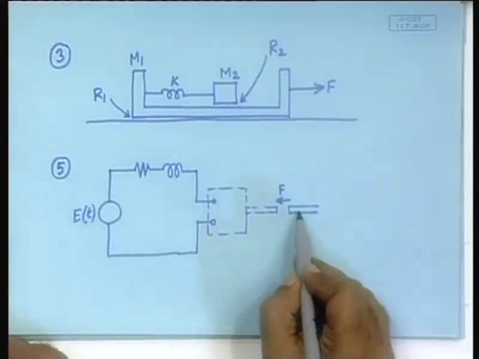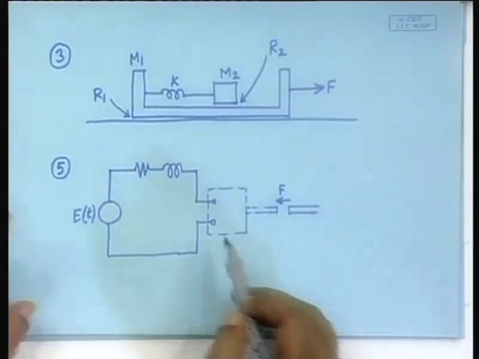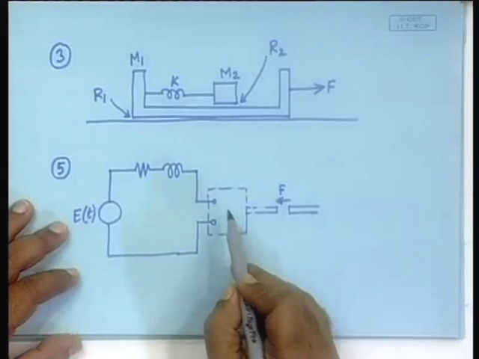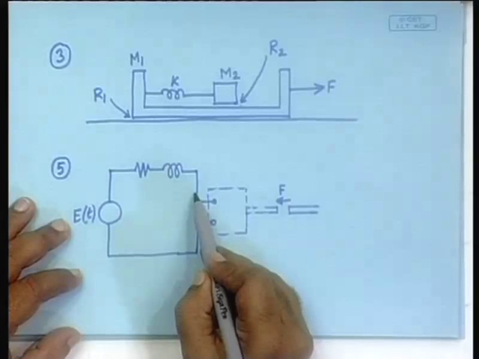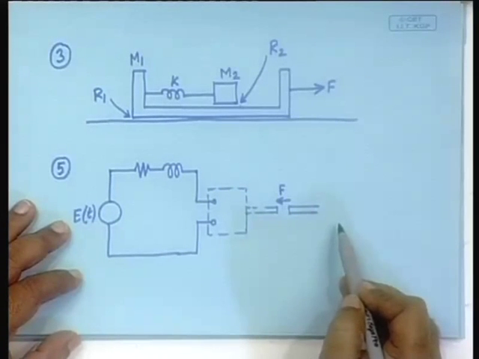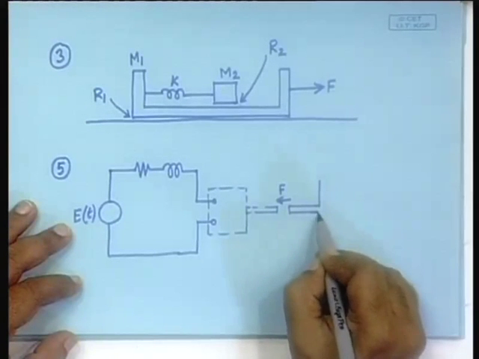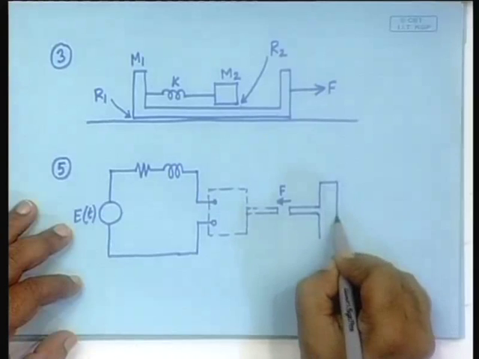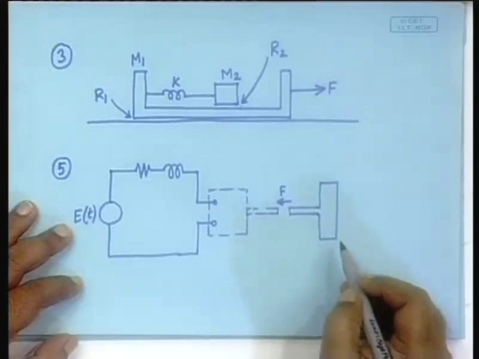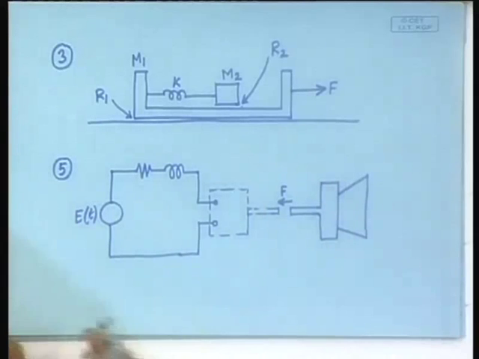Okay. Here is an iron piece, here is an iron piece. I am just schematically drawing, it should not be like that, but nevertheless you understand that here is something that converts the current signal into a force signal to be applied on the mechanical side. What is there in the mechanical side? There must be some kind of a mass which is essentially representing the mechanical arrangement of the loudspeaker.